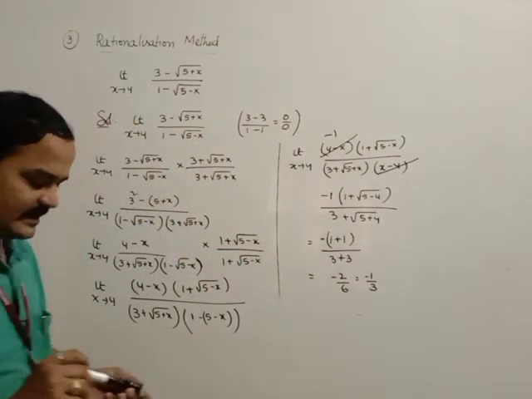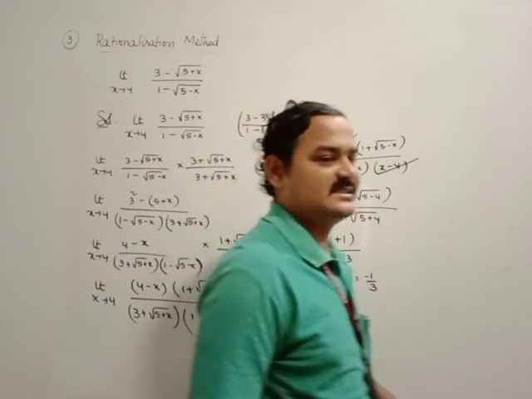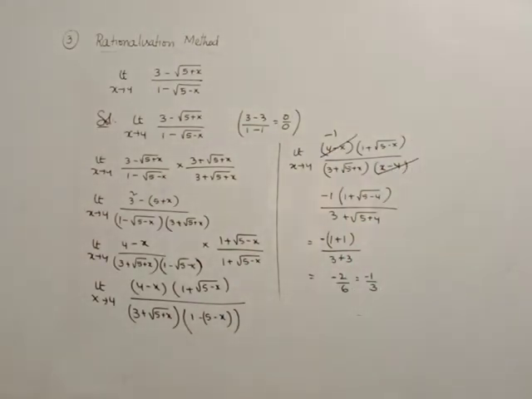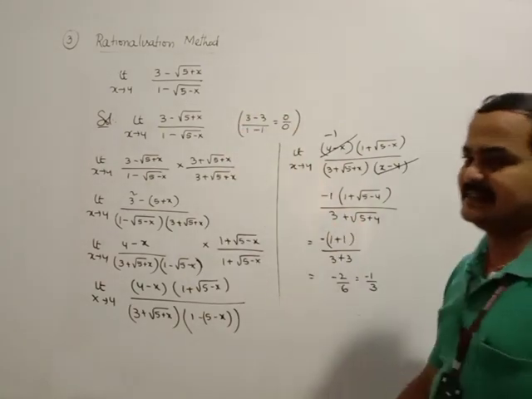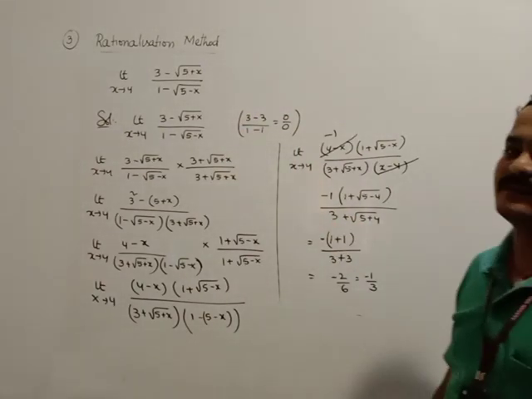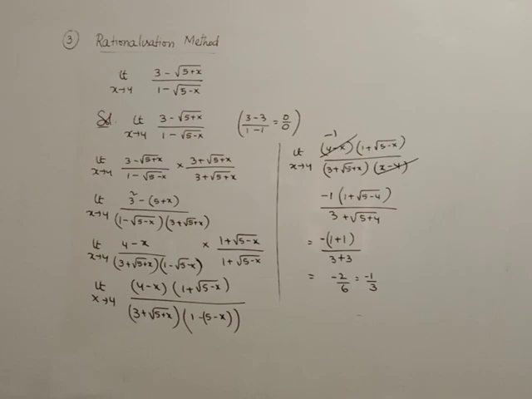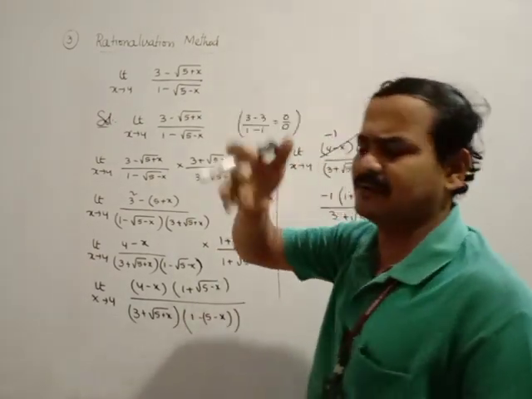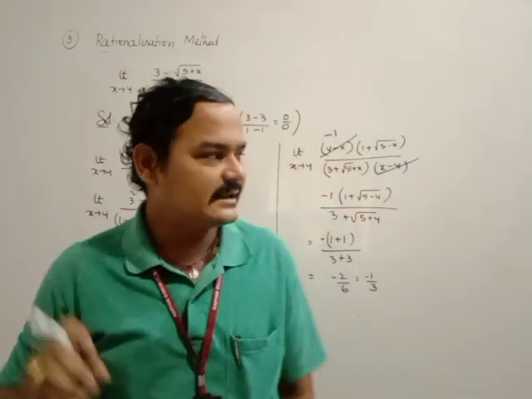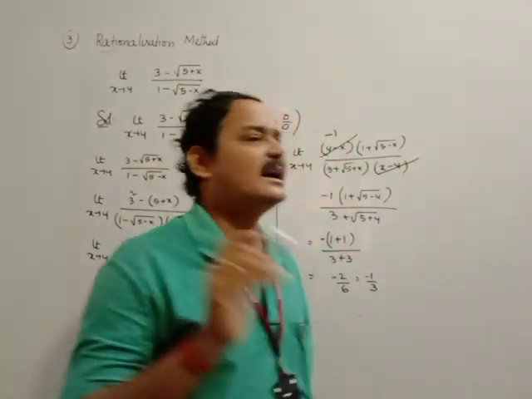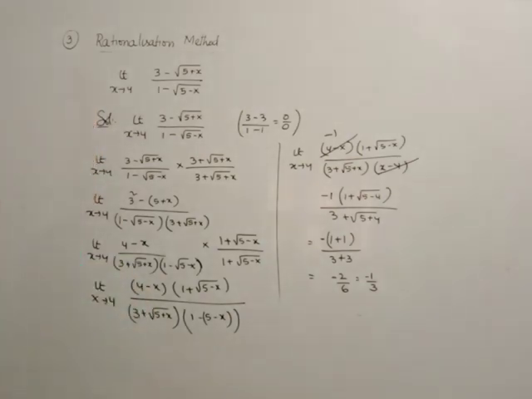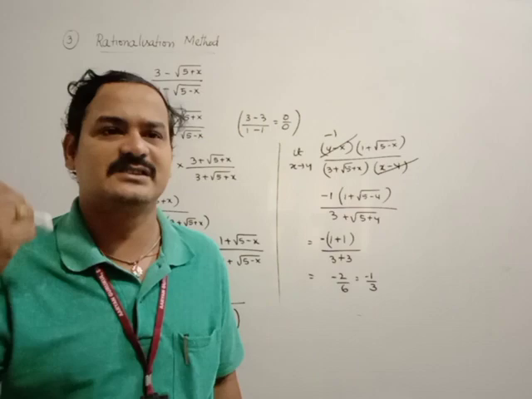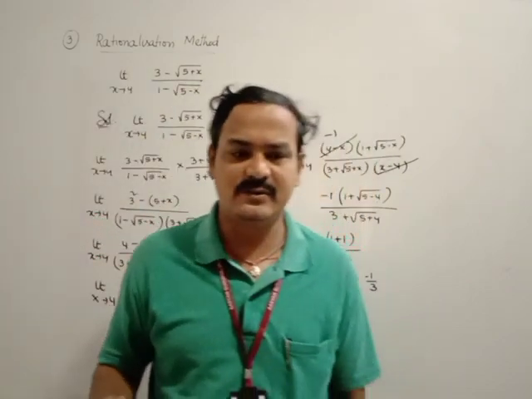This is the next concept, which is having the square root in numerator and denominator. What you did, first of all, I rationalized the numerator, after that the denominator. Now, sir, again I need to rationalize the denominator first? You can go for it, nothing to worry about. If the question is having the square root in both numerator and denominator, as usual, you can go for the rationalization of the numerator or denominator first.